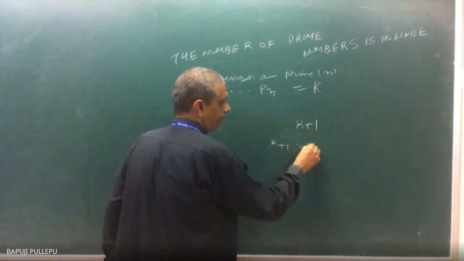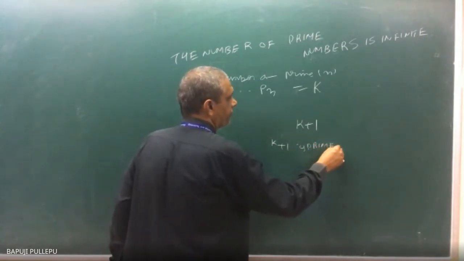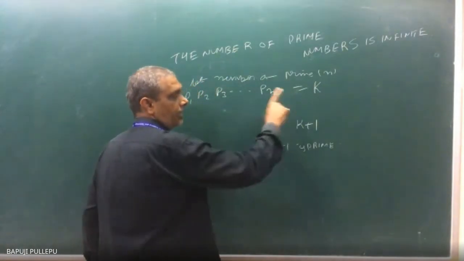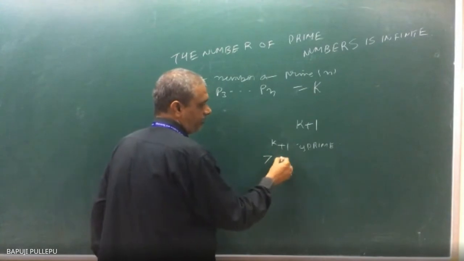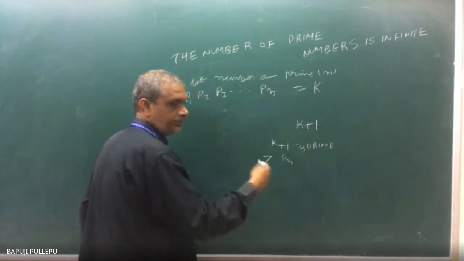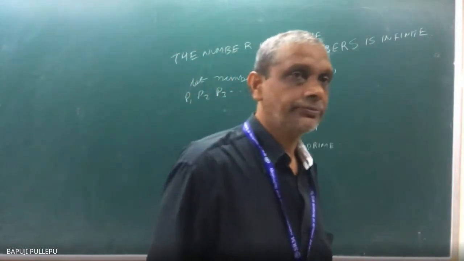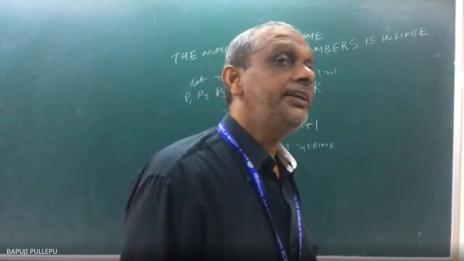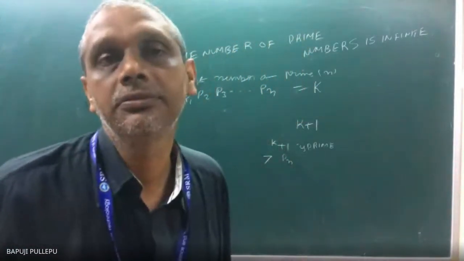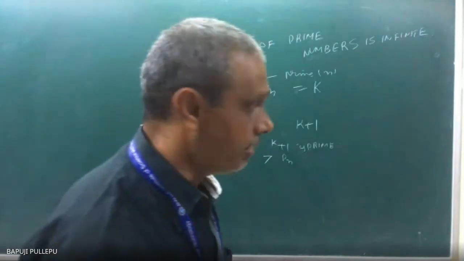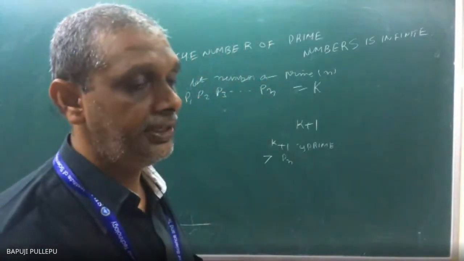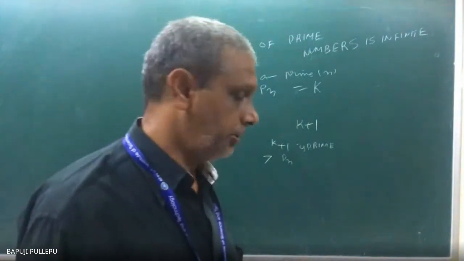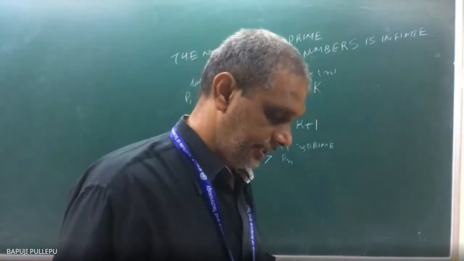Guaranteed, it is a prime or greater than all these numbers. So some extra number greater than Pn. Greater than means a number other than these, because I arranged P1, P2, P3, up to Pn. So what I started my statement with is wrong. There is another number greater than Pn. It is also supposed to be prime. So there are infinitely many primes. Go home and read this logically. Okay.